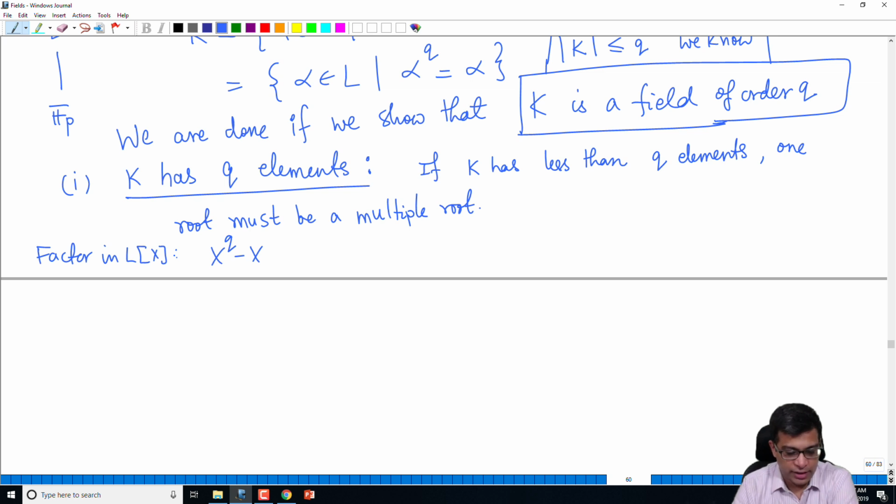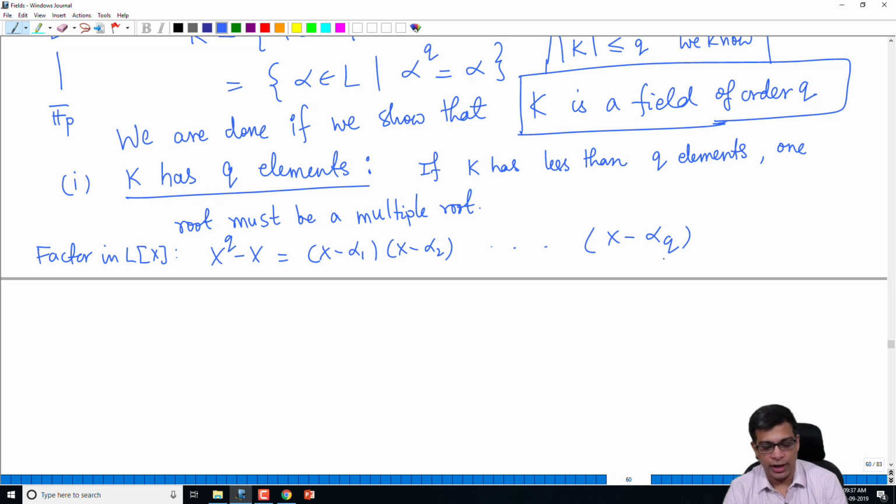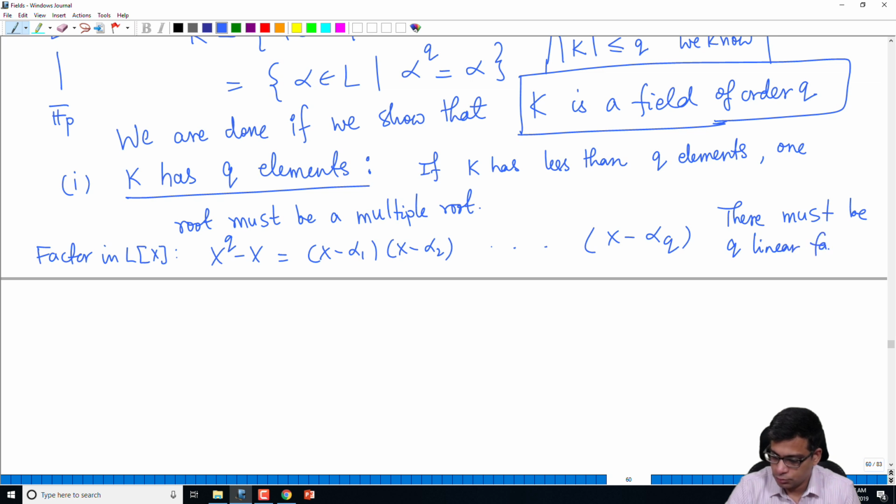You can factor in L[x] the polynomial x^Q minus x as (x minus alpha 1)(x minus alpha 2), all the way up to (x minus alpha Q), because this is degree Q and every factor is a linear factor, so there must be Q linear factors. If the Q linear factors are all distinct, then you have Q distinct roots, and that is the claim that I am making. Suppose K has fewer than Q elements,